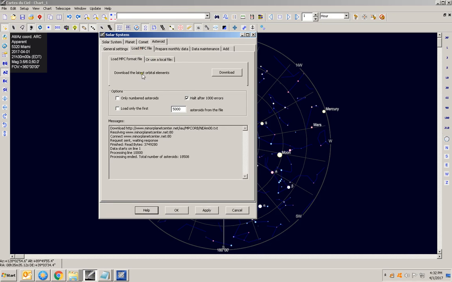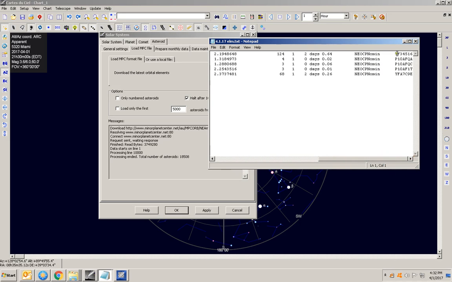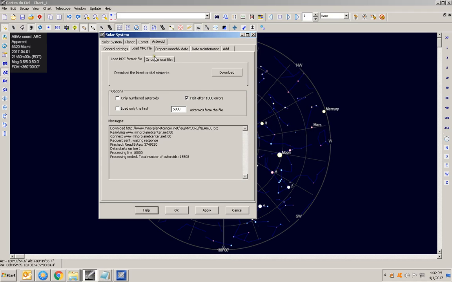The next thing we want to do is load in the orbital elements for the newly discovered asteroids. In the last video we talked about how to grab these orbital elements from the Minor Planet website and then modify them by adding their names at the end here so that CCDCiel could load them in. So this is the file we want to load in. So we click on Use a Local File,